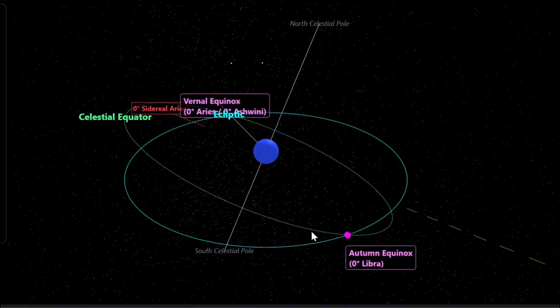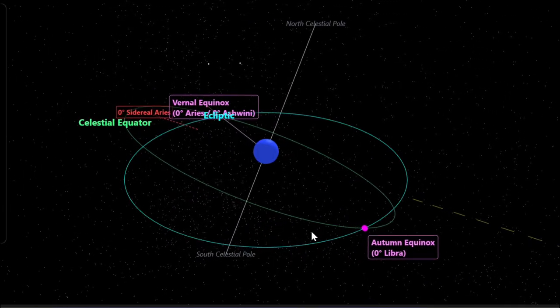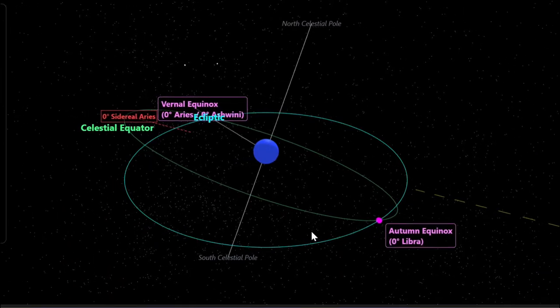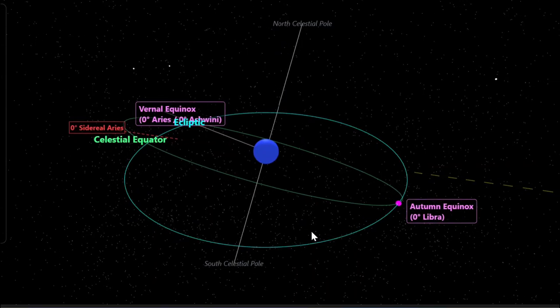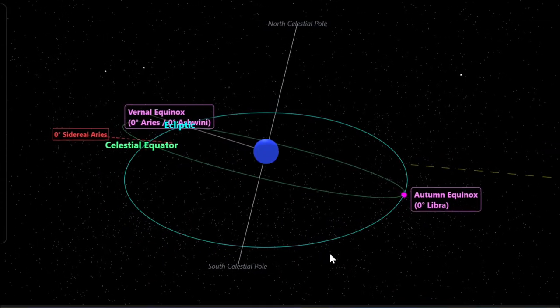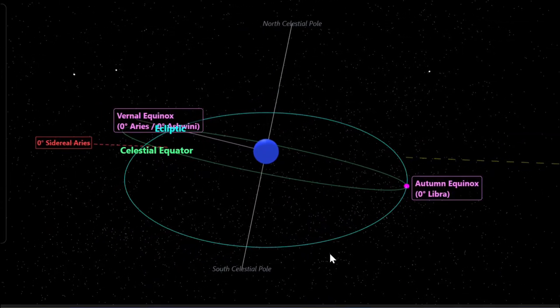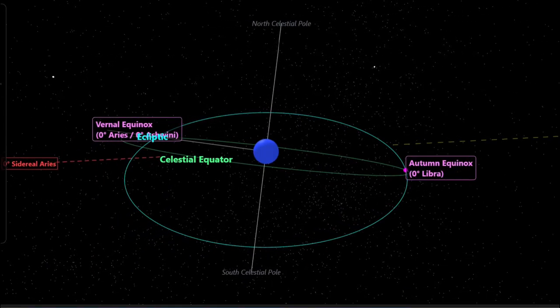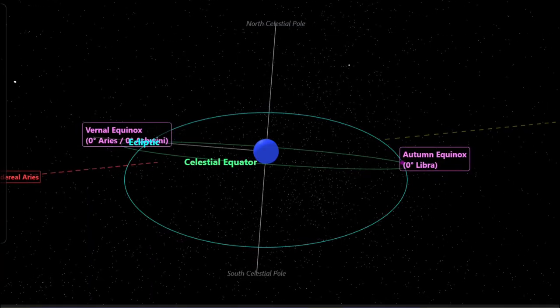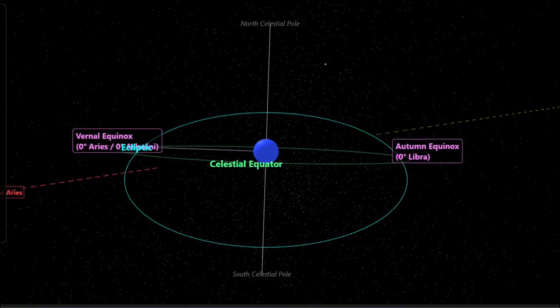What happens on the equinox? The day and night are equal. The length of the day and length of the night are equal. Okay, so this point is clear. Is there any doubt? No, sir. Okay, now I'll just make the